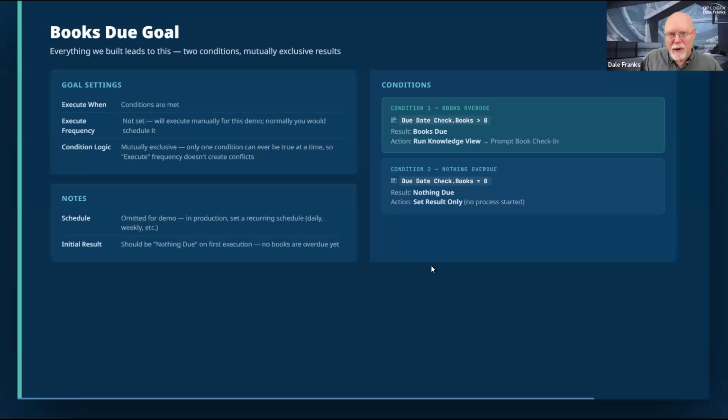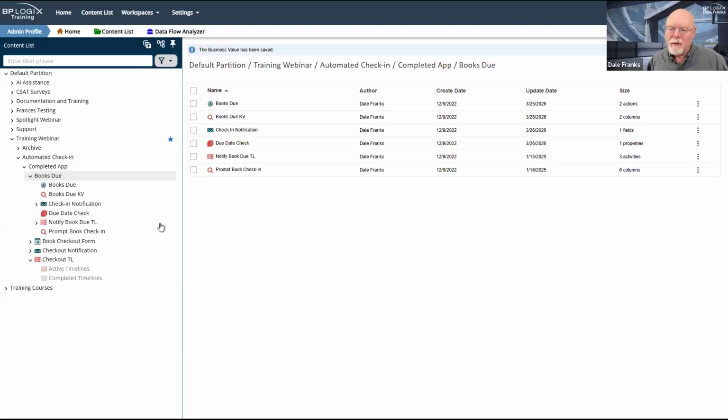So we're going to set some conditions for this goal as to whether the number of rows in that books due KView is 0 or something else. And then we're going to determine what we're going to do for the goal. And so let's take a look at the goal's direct configuration.